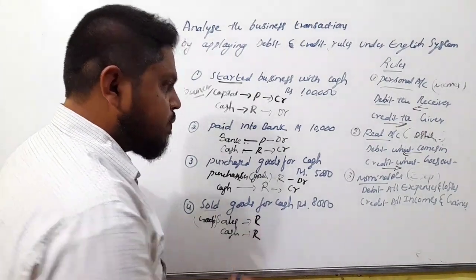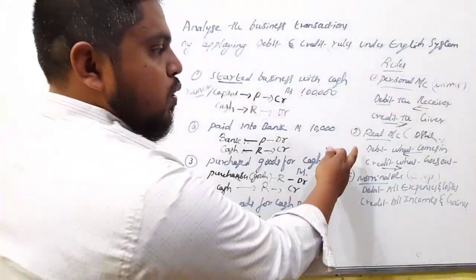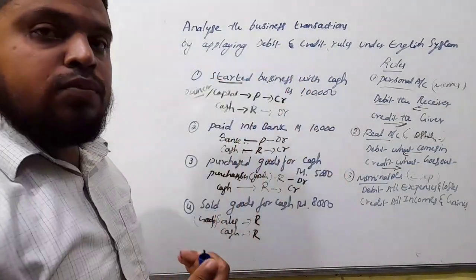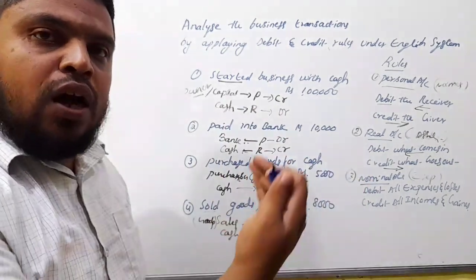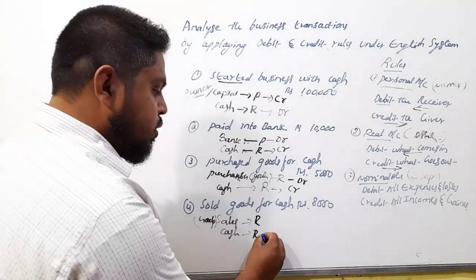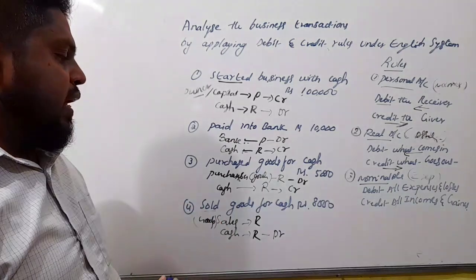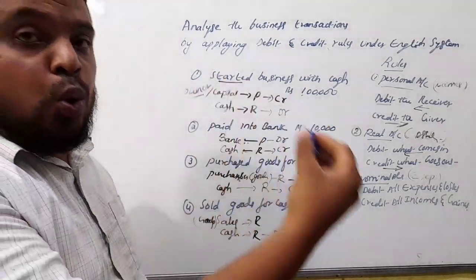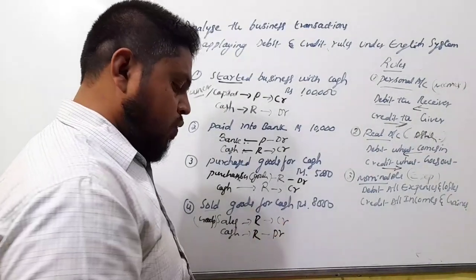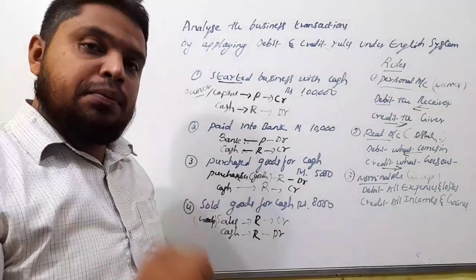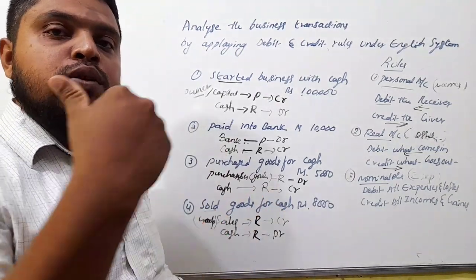Now you have to find out what is debit and what is credit, with the help of rules. Debit what comes in. If you sold the goods, you will get the cash. So always cash is debited. So this is debit side. Next, sales: credit what goes out. Goods is going out of the business. So this is credit side. So always remember, purchases debited, that is debit what comes in. Sales is credited, that is credit what goes out.